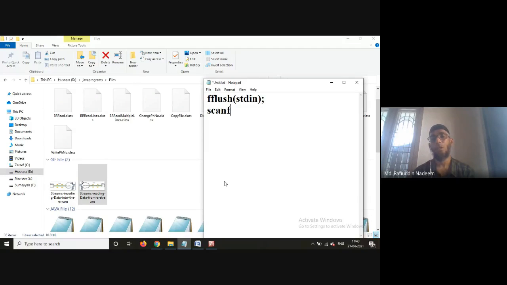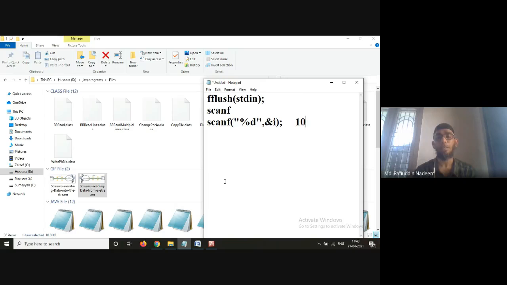Now, for example, I am giving a statement like this: scanf percentage d comma ampersand of I. What happens when you execute it? You'll be giving 10, and then you're going to press enter. In the stream, 10 will be directed and stored in I, and the enter which you have pressed